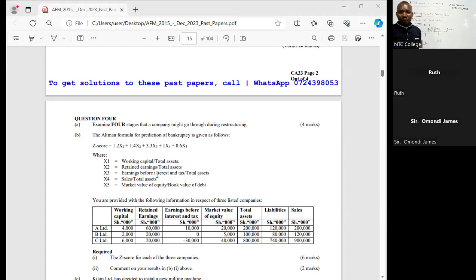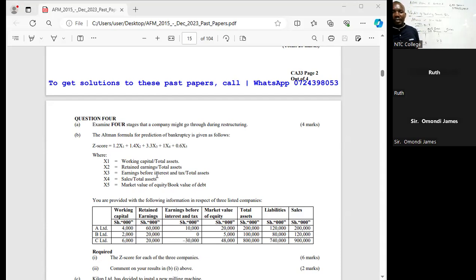Question 4B: the Altman formula for prediction of bankruptcy is given as follows. Z is equal to 1.2X1 plus 1.4X2 plus 3.3X3 plus 1 times X4 plus 0.6X5,